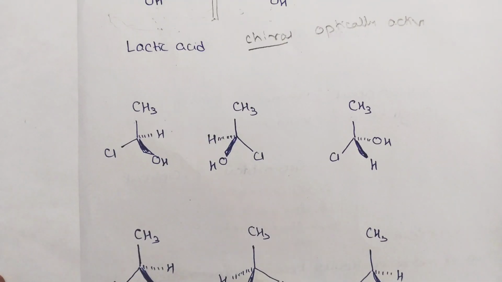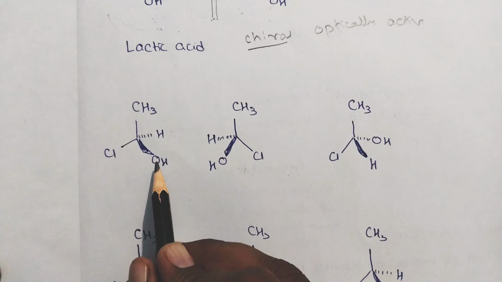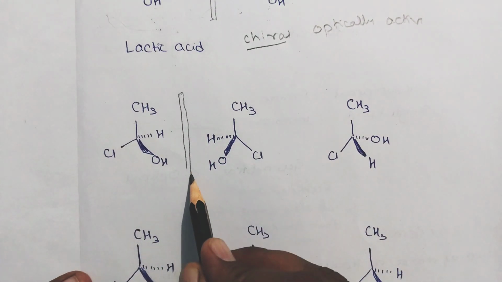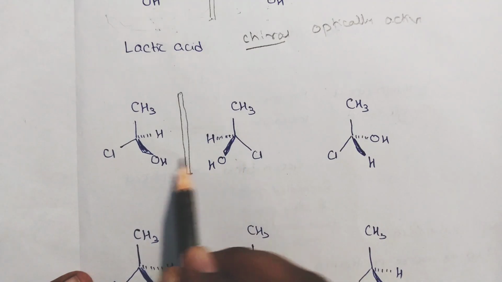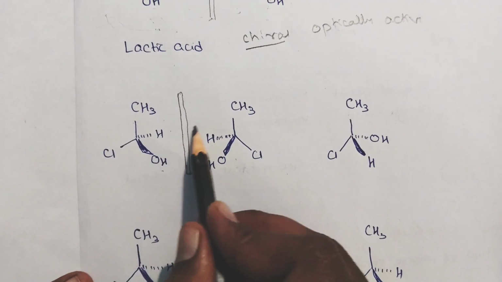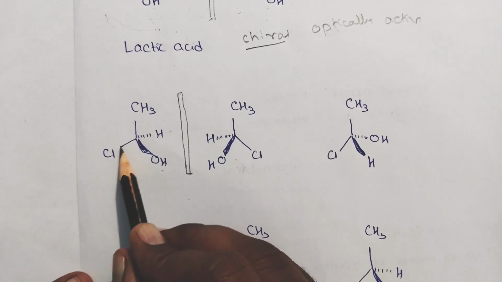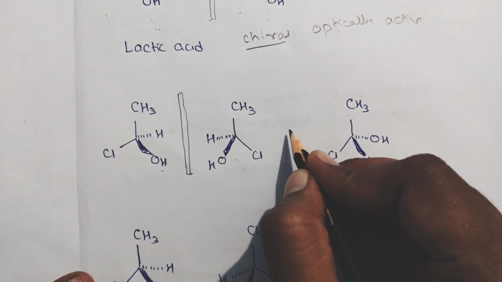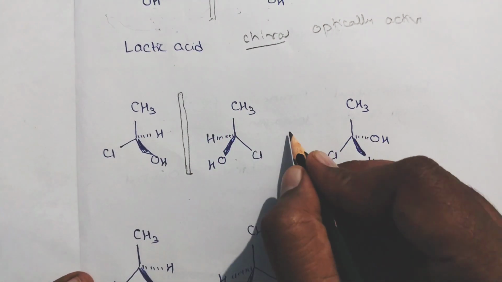And let's see some more examples. This is the structure of the molecule. When I place this mirror here, this is a mirror image of this. See this. This is below the plane, this is above the plane, and Cl is in the plane, CH3 is also in the plane. But rotate this structure, rotate this mirror image,